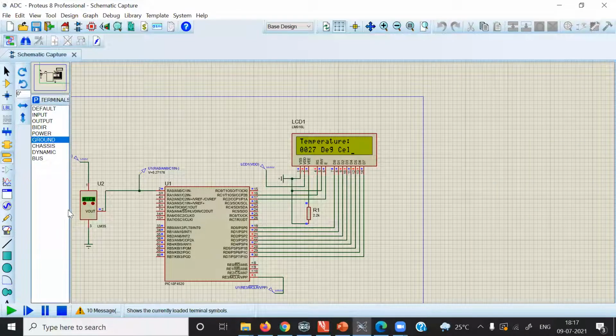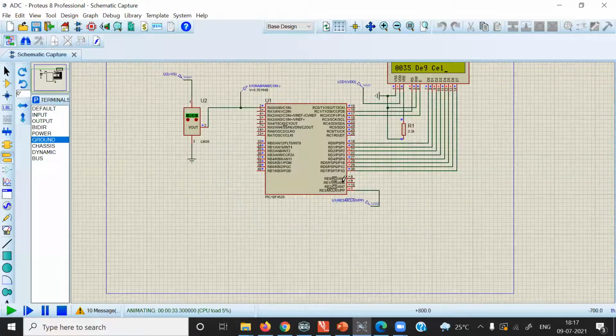We can change this temperature. So if I change the temperature here, it will be reflected on this LCD display. So 32 degrees Celsius, and here also there is 32. And the output analog voltage is also changing here. This probe is indicating the analog voltage on this pin. So this is how we can make use of the on-chip ADC for temperature measurement. That is, we need to interface an external temperature sensor to the microcontroller. There are different types of sensors available.